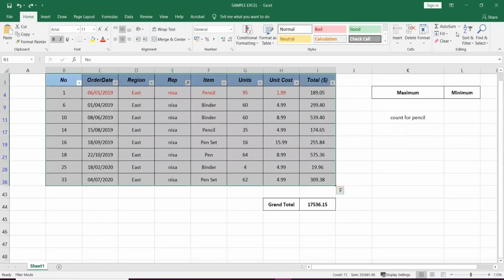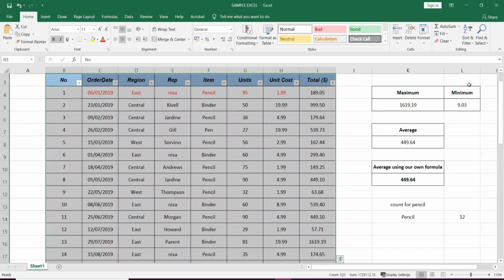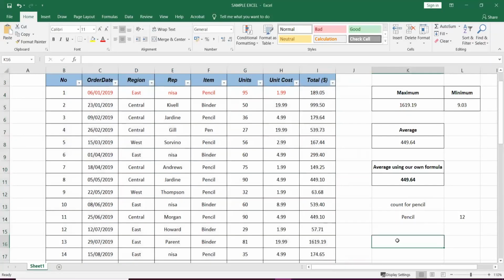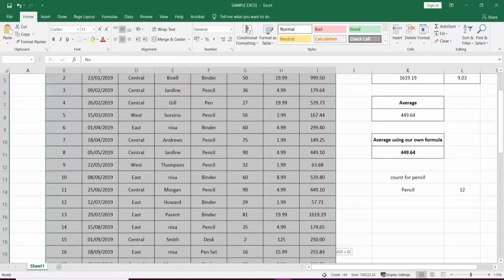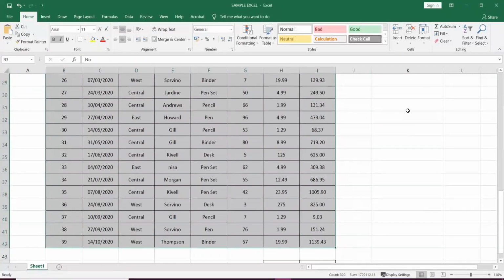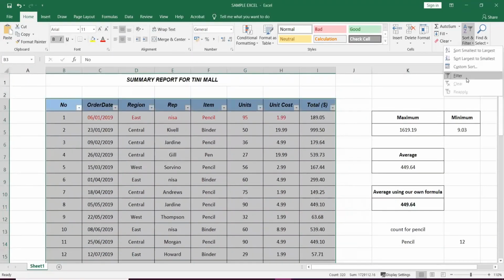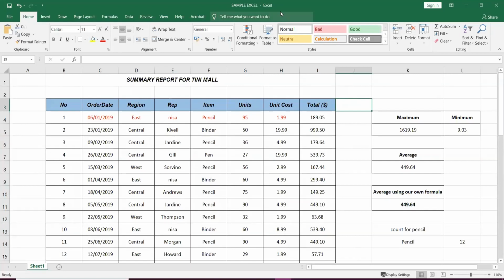Then click back the sort and filter, and click the filter again to close all the filters. So like this. I hope you can understand how to do filter and also how to find and select